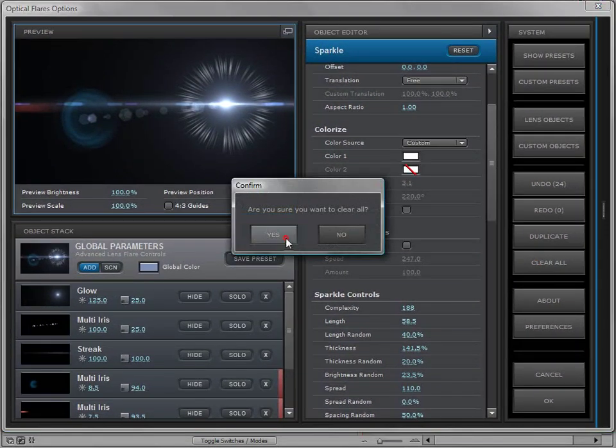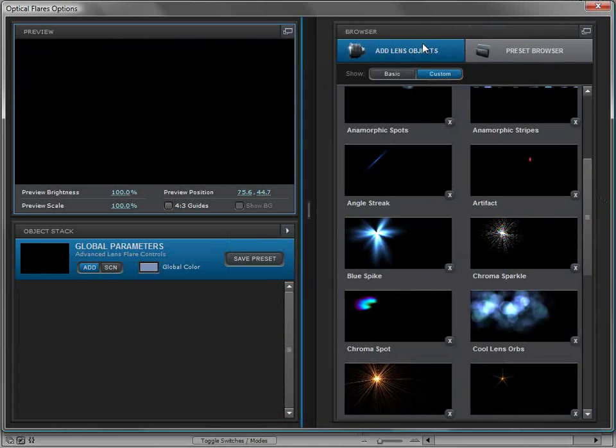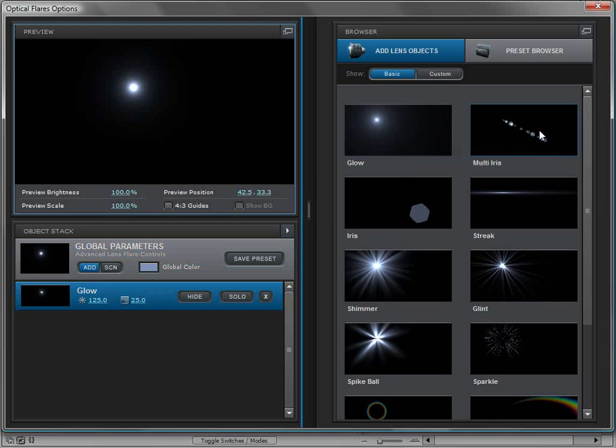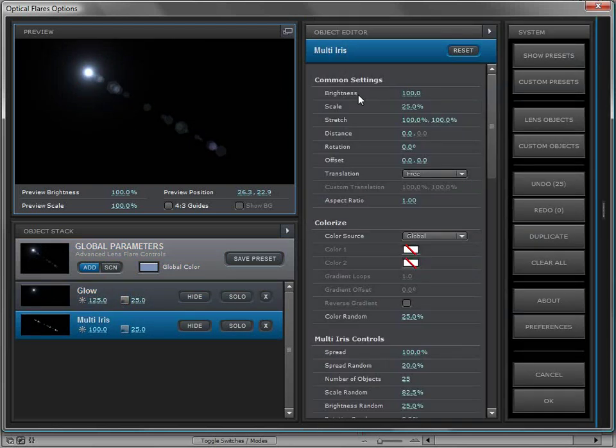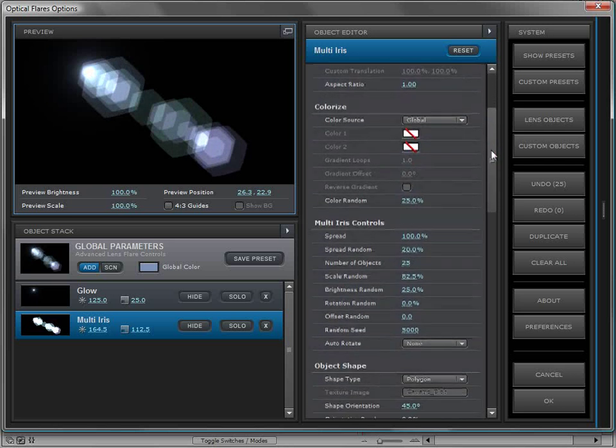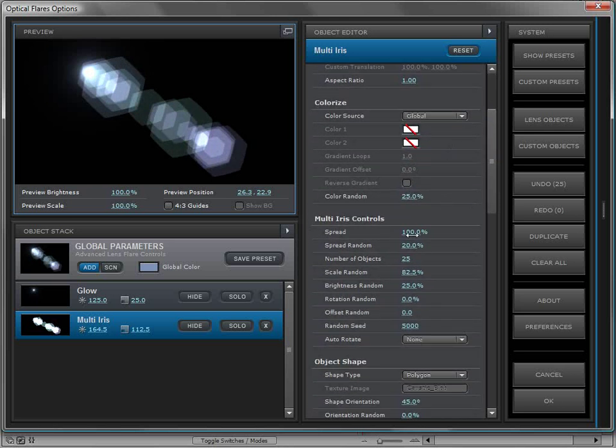And I'll go ahead and clear it. Come over here. Go to the basic objects. We'll add our glow. Now, the multi-iris is a really cool object too. So I'll scale it up. I'll brighten it up. And if we take a look at some of the settings, we have the spread, which